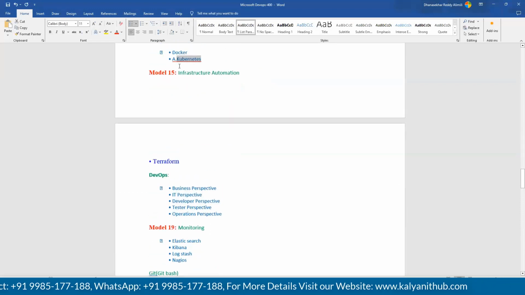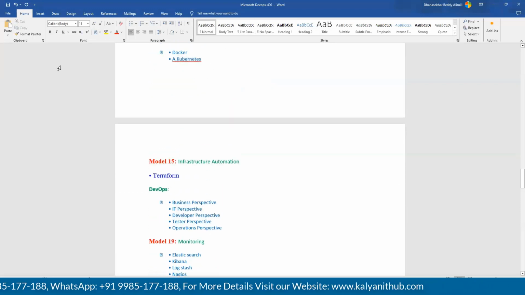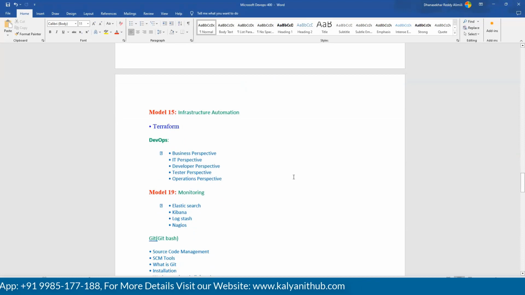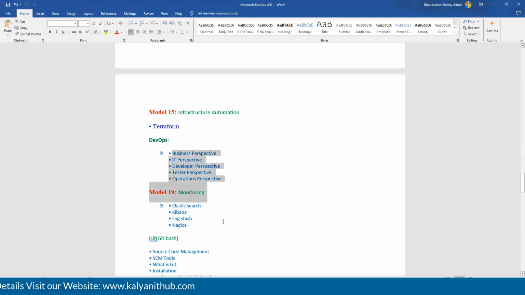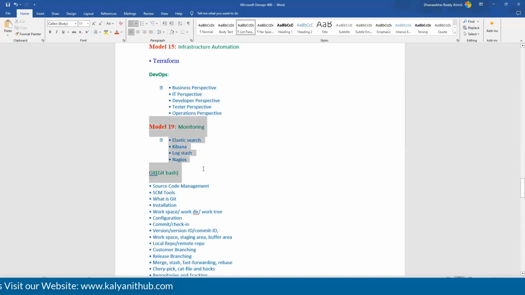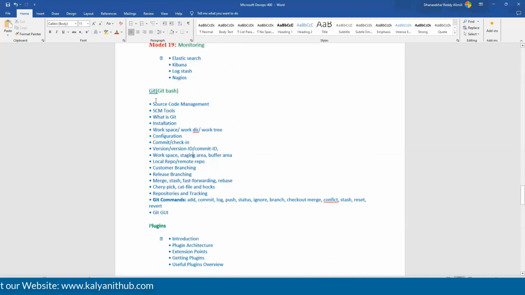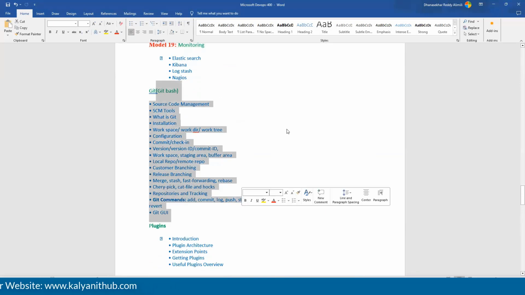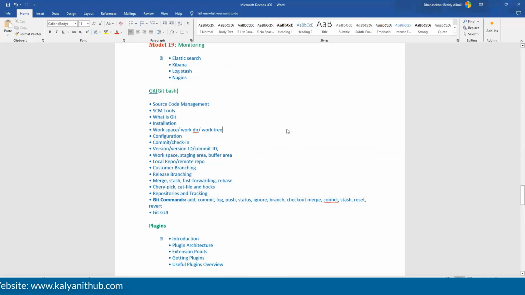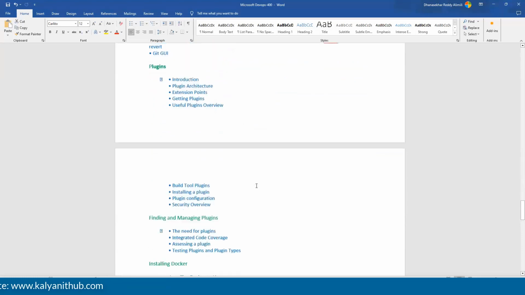Okay, Module 15, how we can automate infrastructure using Terraform. You know, right? Infrastructure automation can happen directly through cloud computing, or we can also process this automation through a DevOps pipeline. Okay, yeah, DevOps in the sense of a CI/CD pipeline. Okay, next, how we can monitor. Okay, next, what is Git? There is a difference between Git and GitHub. Okay, what is the difference between Git and GitHub? Many people might have confusion over here.